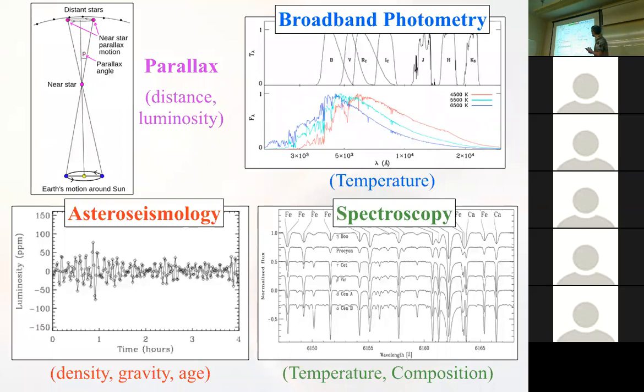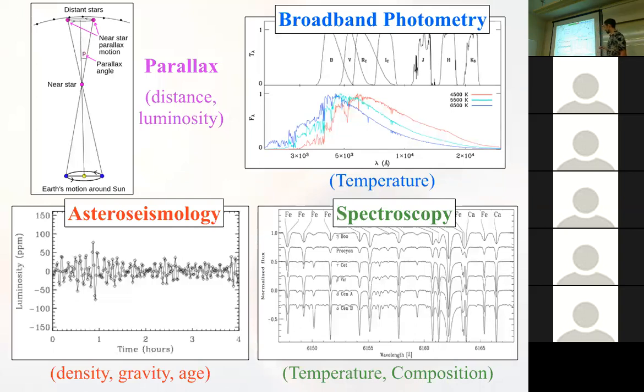It's not the case. To convince you of that, I could give a whole talk about all these methods of what we do. You can, for example, measure the parallax, so the distance to a star. That gives you an idea about its size. You can measure photometry, so its light in different bands. You can do spectroscopy, so you can split up the light into different wavelengths, measure the absorption lines, and learn about the star this way.